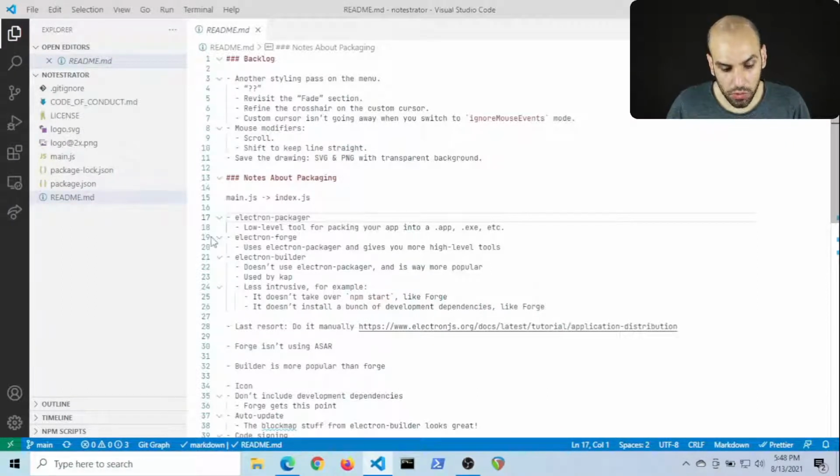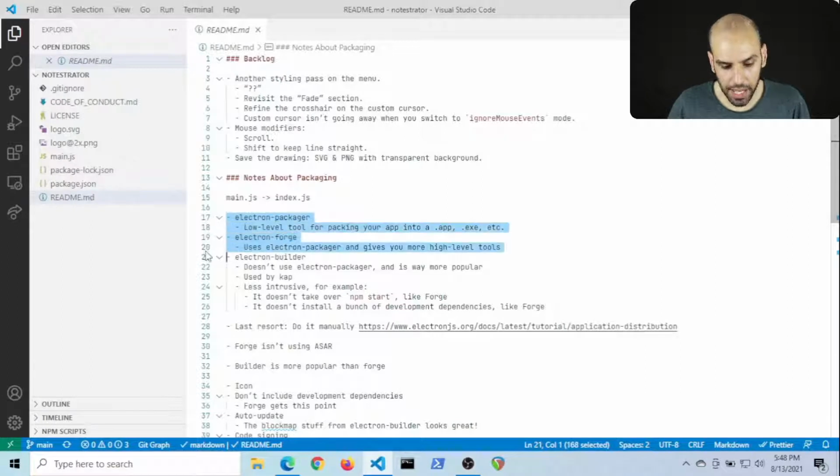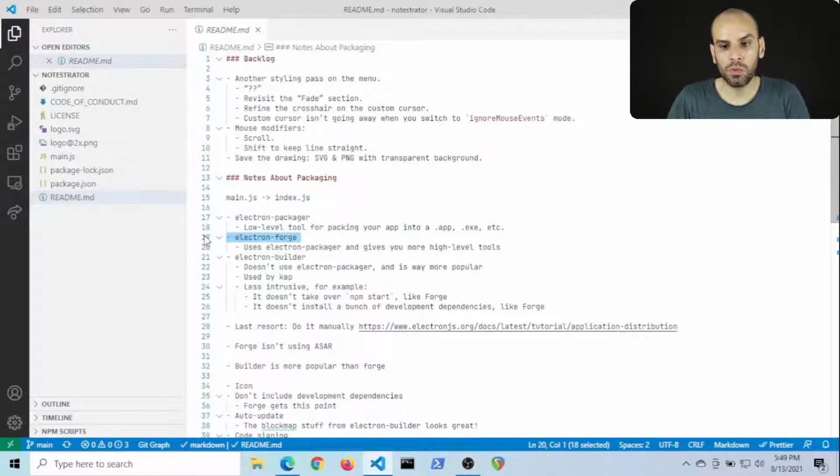And that's when Electron Forge comes in. Both of these are blessed by Electron. They say that they are the preferred solutions for this issue. Electron Forge uses Electron Packager, but it gives you facilities for all these other things I mentioned, from auto updates and so forth.